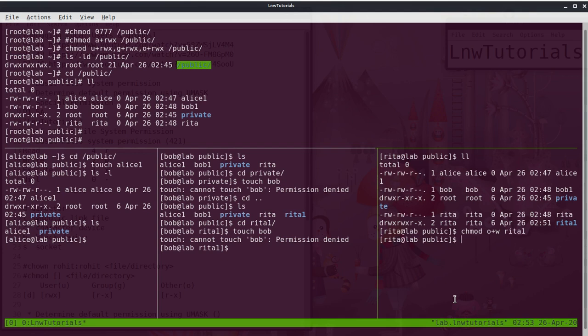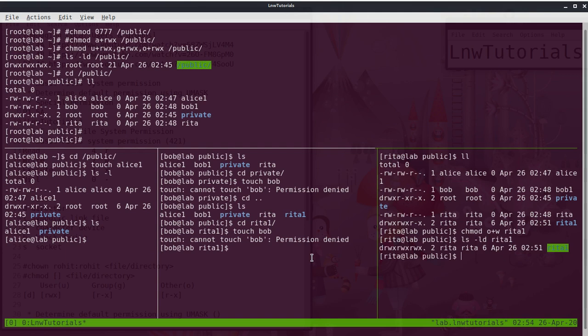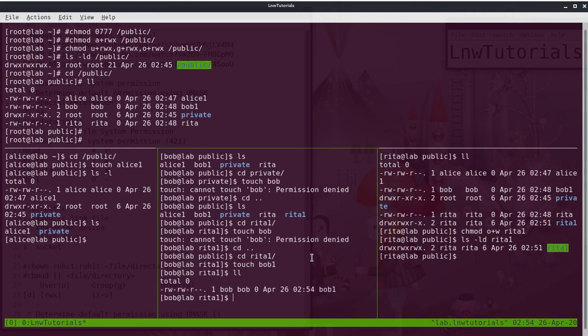I hit enter, ls -ld for rita1. Now the complete permission is there for others. Going one step back, now rita1 again, touch bob1, make it.